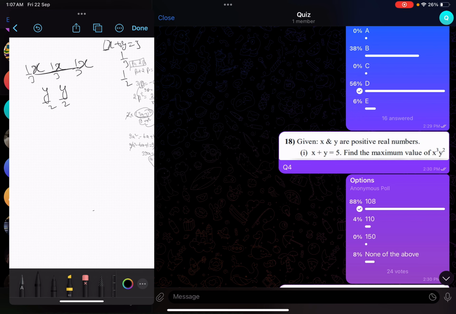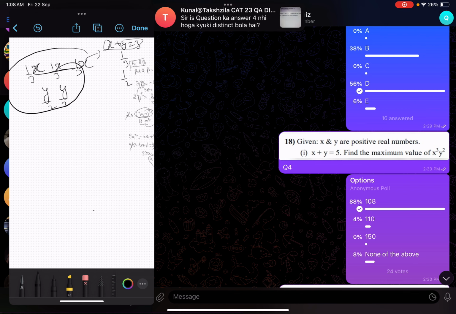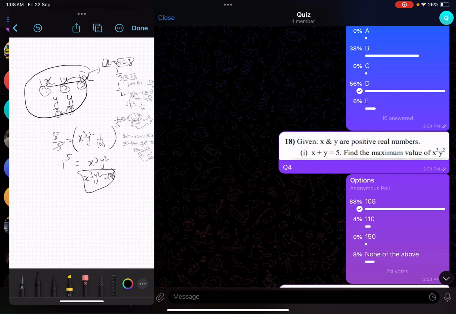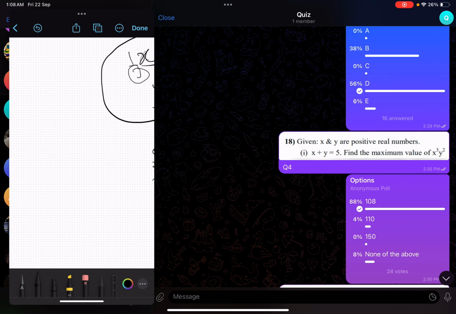We know that we have derived these things from this only, so there's no need to write the complete step. You can skip that step and directly write 5 divided by the total number of terms, which is 5, is greater than or equal to the fifth root of x cube y square over 3 cube times 2 square, which is 27 into 4, so 1 by 108, and power will be 5. Now the power cancels, so x cube y square will be at most 108. This is how you can minimize space; only this much space is required. Someone was asking how to minimize space, this is how.